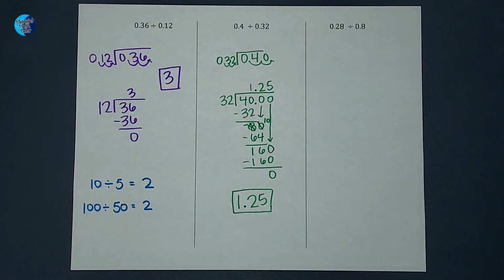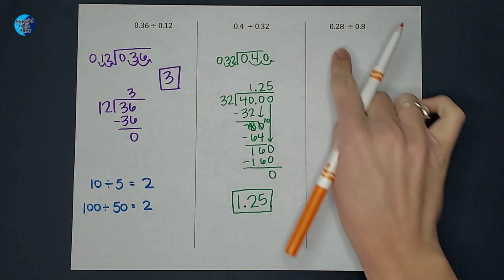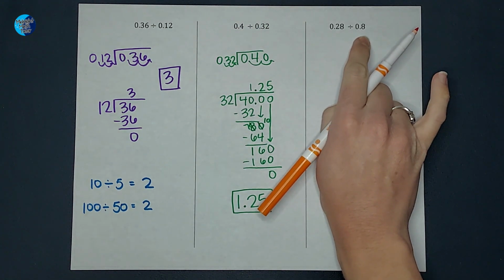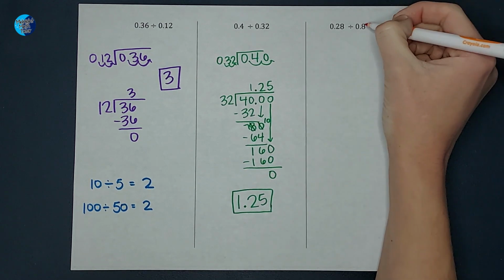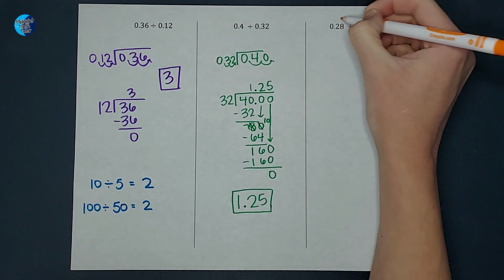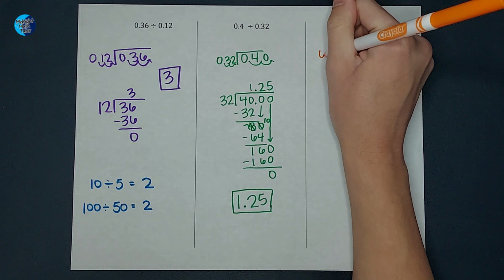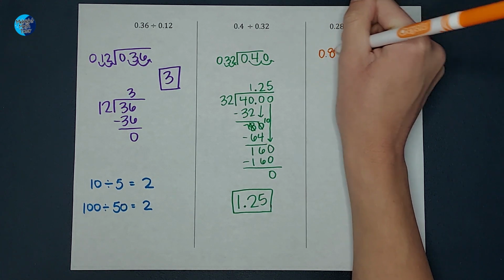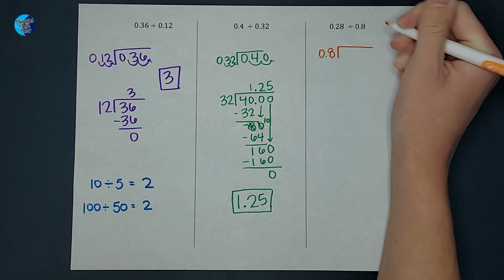Awesome. Okay, let's go ahead and do this one. If you do want to pause the video for a minute and try it on your own and then watch me do it, I mean, you don't have to, but I think it's a pretty good idea. All right, so 0.28 divided by 0.8. So this number goes on the outside, this one on the inside, right? So I've got 0.8. And I am dividing that into